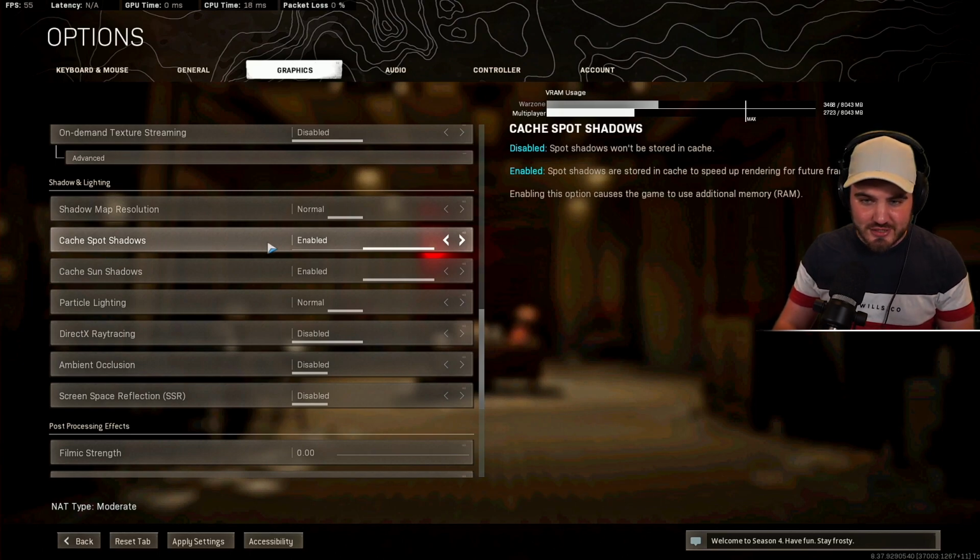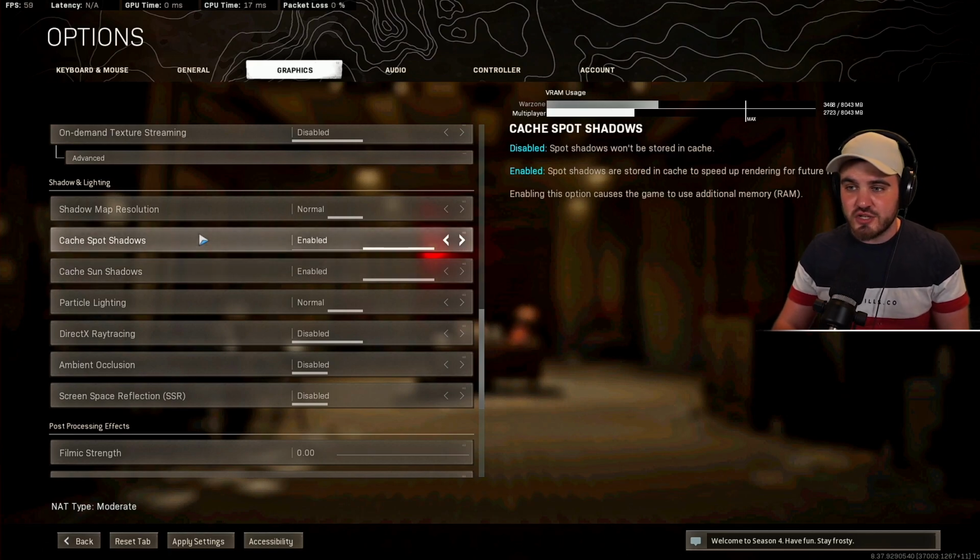Cache spot shadows and cache sun shadows. I've seen a lot of debate on this, but basically what this does is it stores certain shadows into the cache to speed up rendering. Now, if you've got a solid amount of RAM and VRAM, I'm talking I've got 16 gigs of RAM and 8 gigs of VRAM, you can go research into this if you want, but I've found in most cases when you've got basically a standard modern day setup with a good amount of RAM and VRAM,